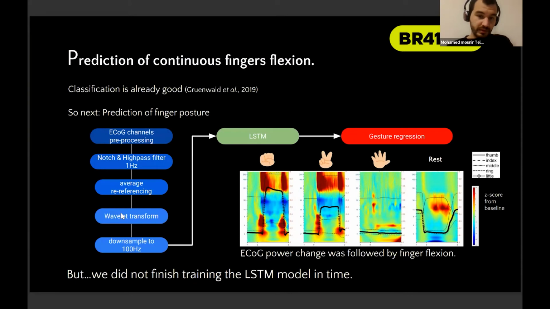For the first task, when we looked at the wavelet transform, we noticed that desynchronization happens when there is activity of the fingers, the finger flexion. So we thought maybe we can use the frequency domain as input for our LSTM model, and the output would be the time series graph of every finger flexion. However, the LSTM model took too long to train, so we don't have any concrete result for this particular